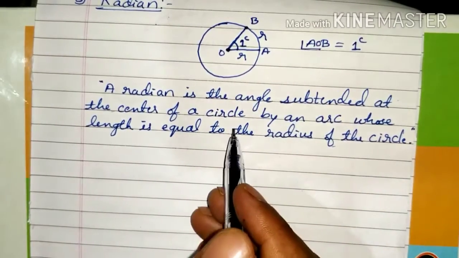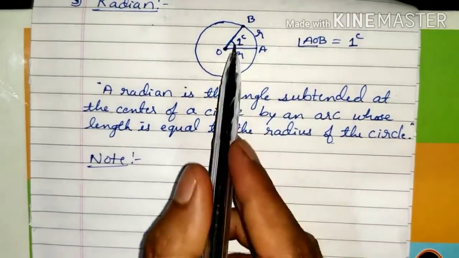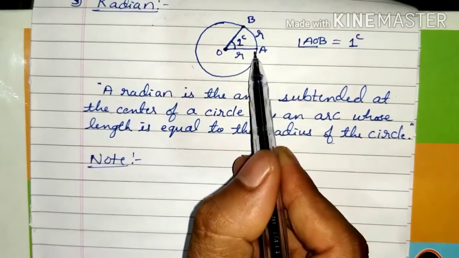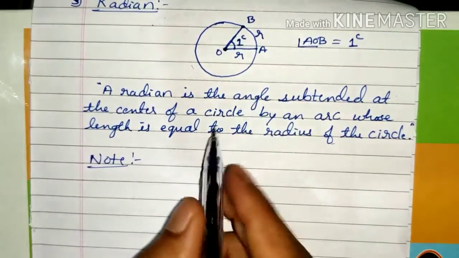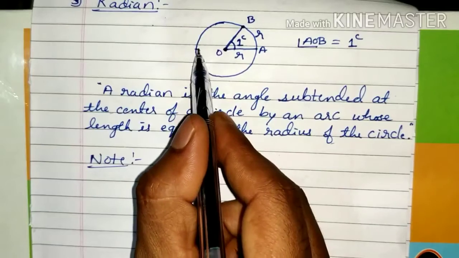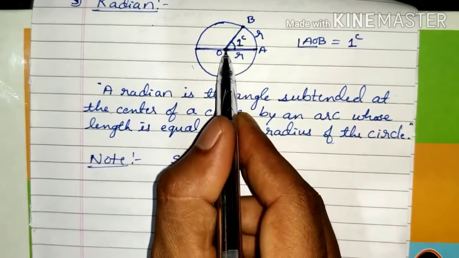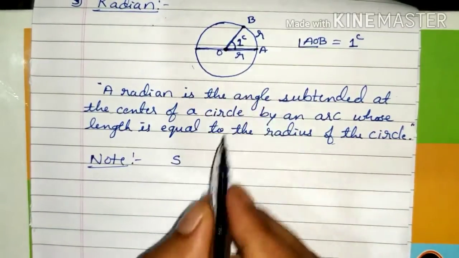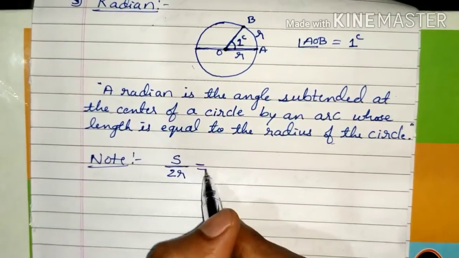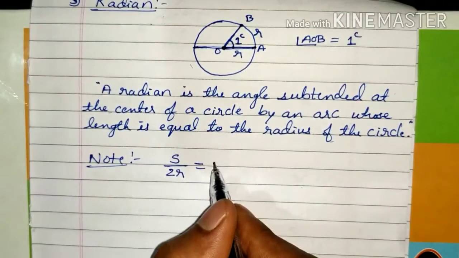Before going to that discussion, we should note that whenever you consider a circle, if you measure this line from A to A, that is called the circumference, denoted by S. Diameter is 2 times radius: one straight line joining any 2 points on the circle and passing through the center, always 2r. The ratio of circumference to diameter is always a constant for any circle, even a bigger circle, and that is equal to pi.